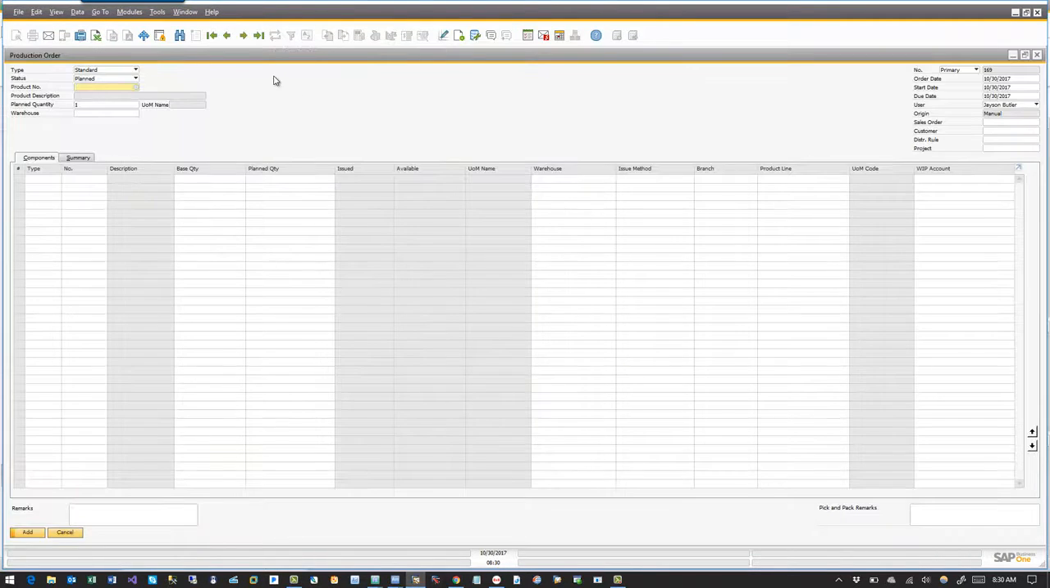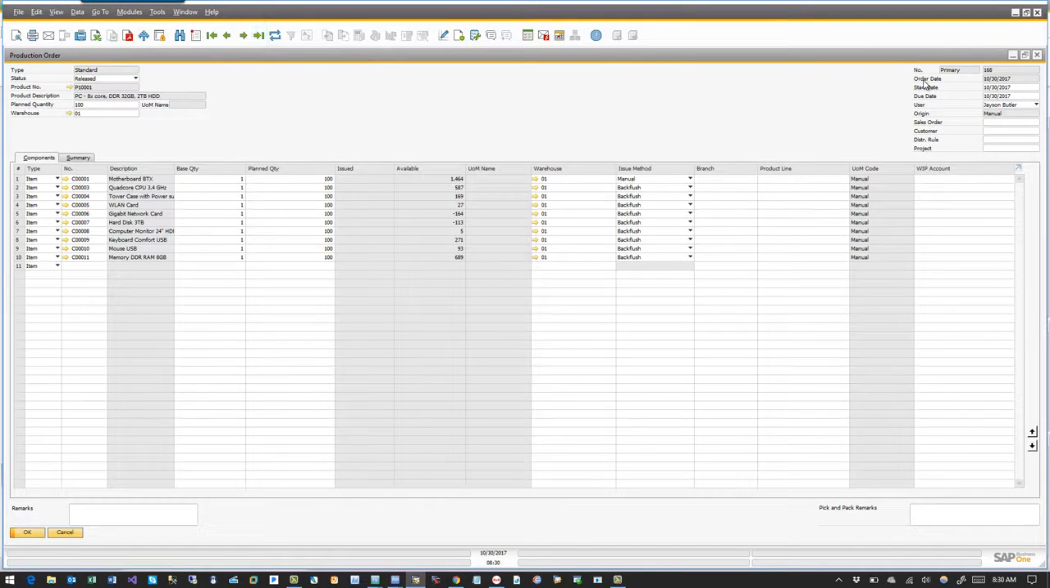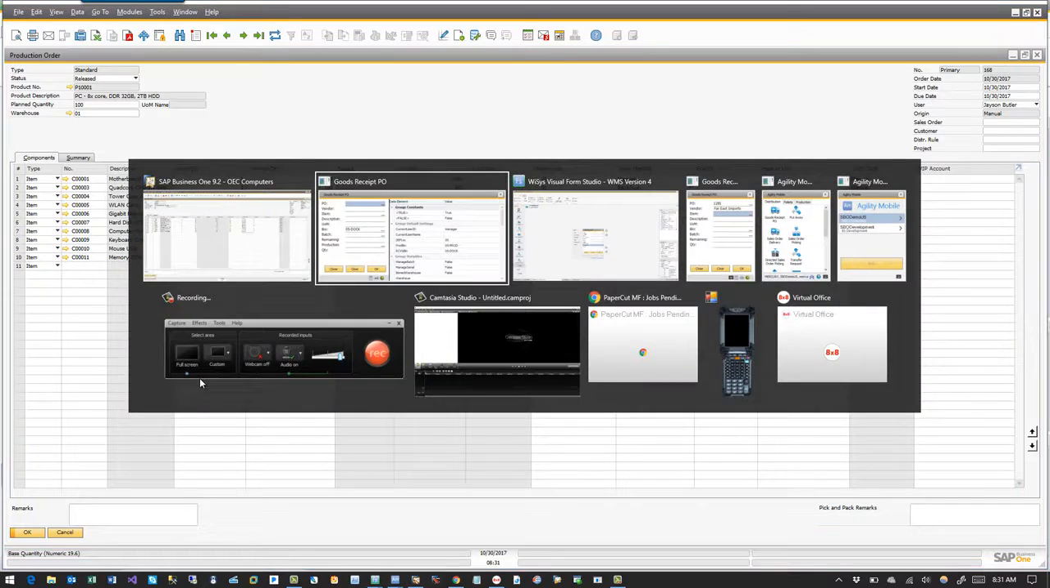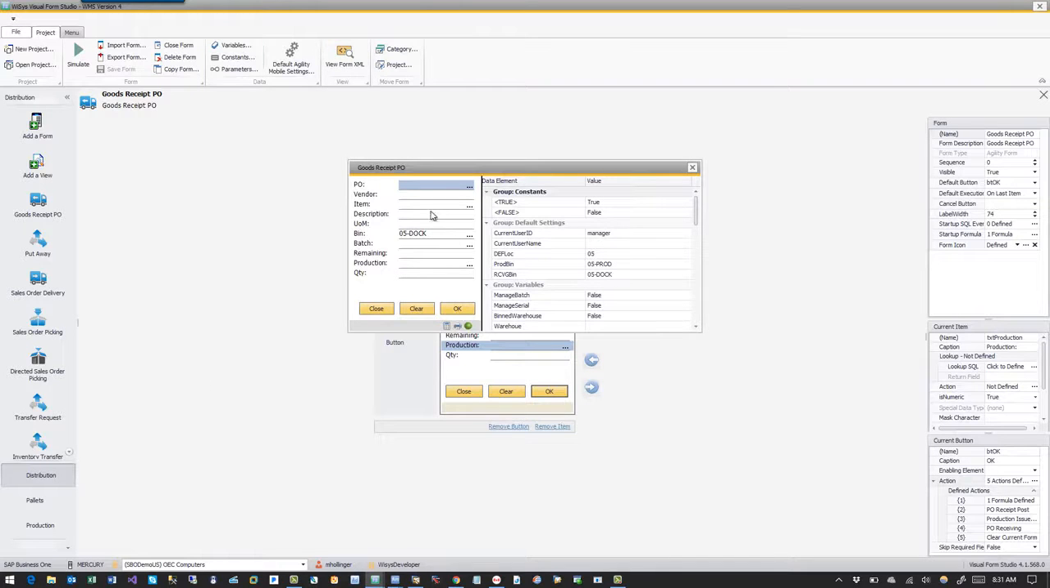So we have a production order 168, and we've got our item, our motherboard item that we just did our last peer receipt on, and it's going to do a manual issue method, and we need 100 of those. So I'm just going to leave this screen up here for a second and go back to our Form Studio screen, and again we'll scan the purchase order